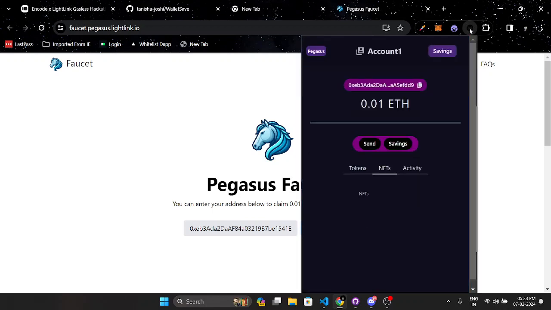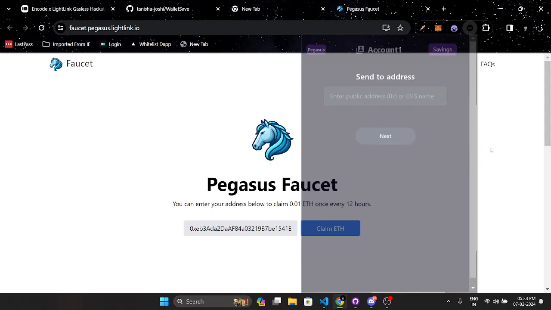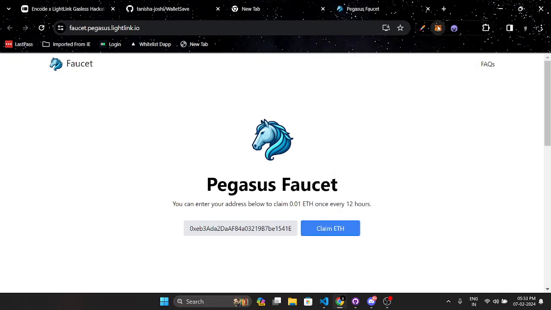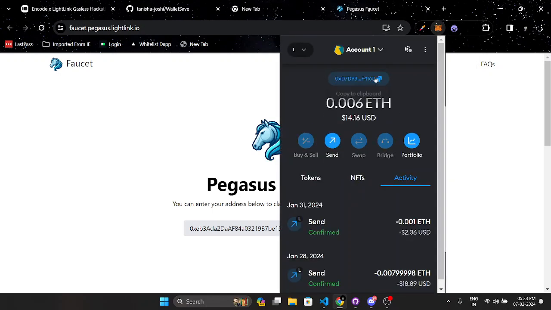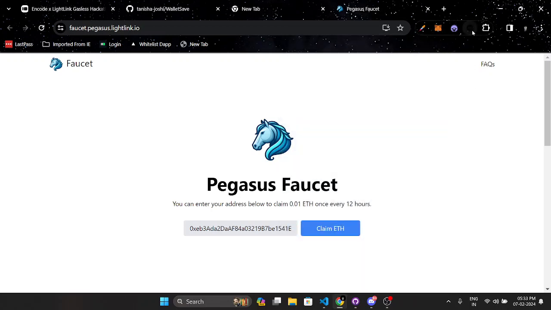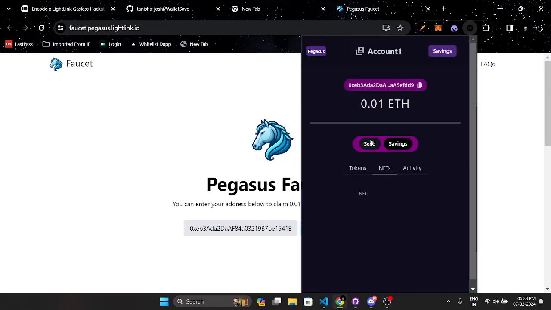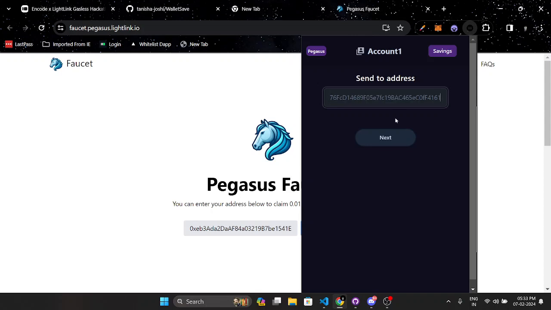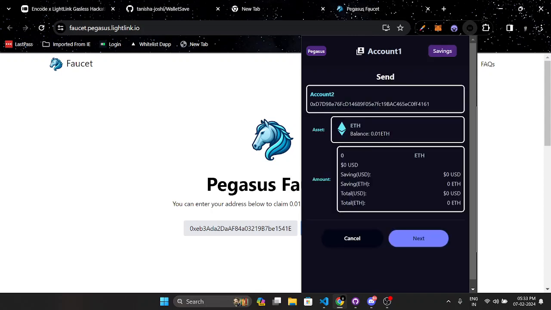So now I have successfully claimed 0.01 ETH from the faucet. Let's try sending this to another address. I'll just grab a second address from here and try to transfer it. So this is the address I am going to transfer to. Currently it shows my balance, and if I transfer the whole balance,